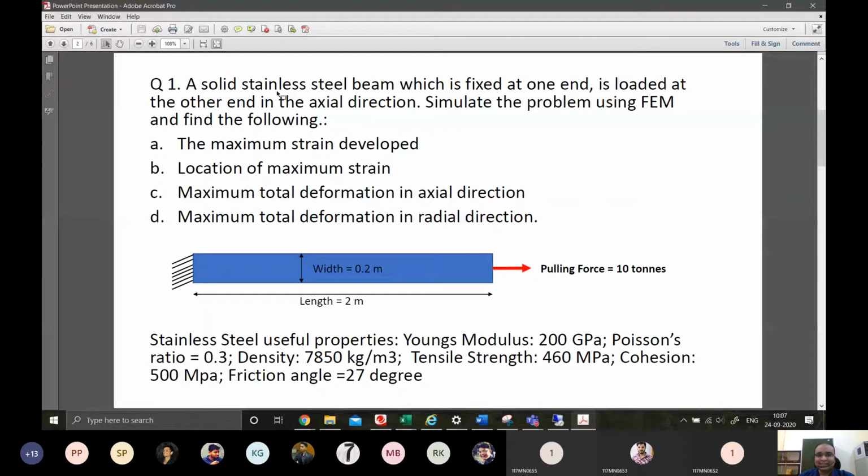So first one is the steel bar problem, where the stainless steel beam is there. It can be assumed as a rectangular cross section if we talk about 3 dimension, which is fixed at one end, loaded at another, right? And length and width are given. And what we have to do is basically simulate it using FEM. So we are using these phase for now for this problem. And we can very easily calculate after simulation what will the maximum strain and location of maximum strain, right? And we can find the total deformation. So I think this one is very easy.